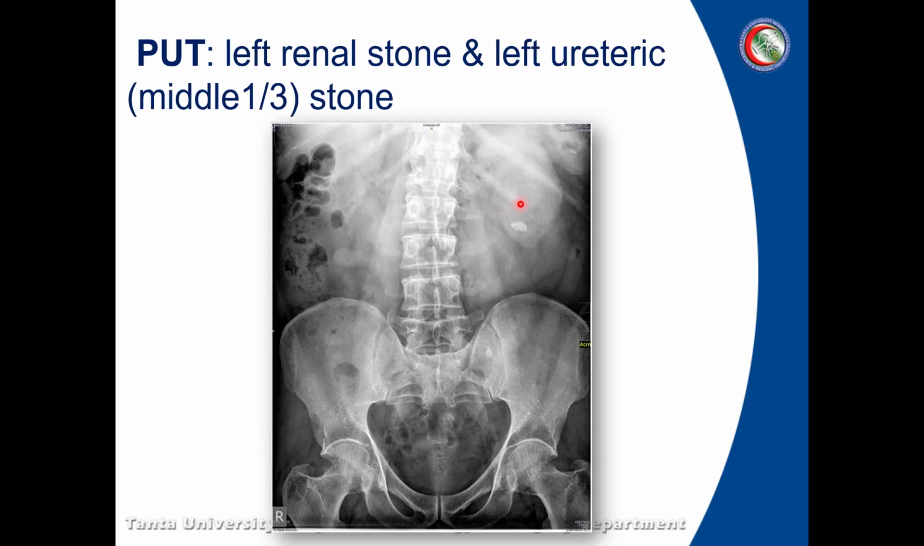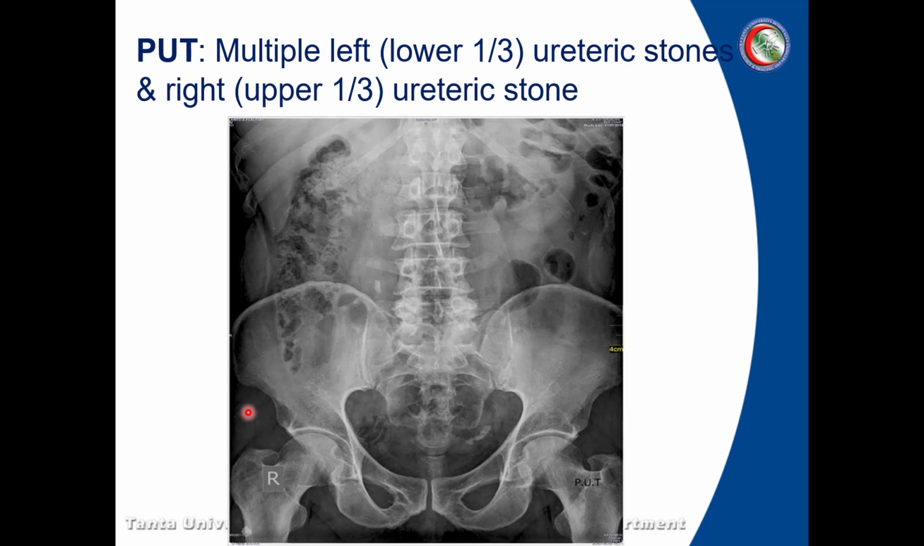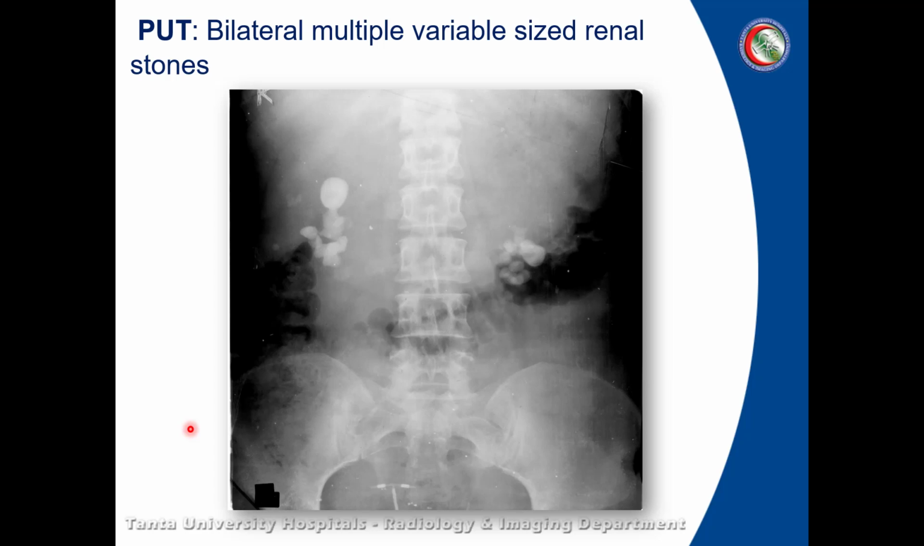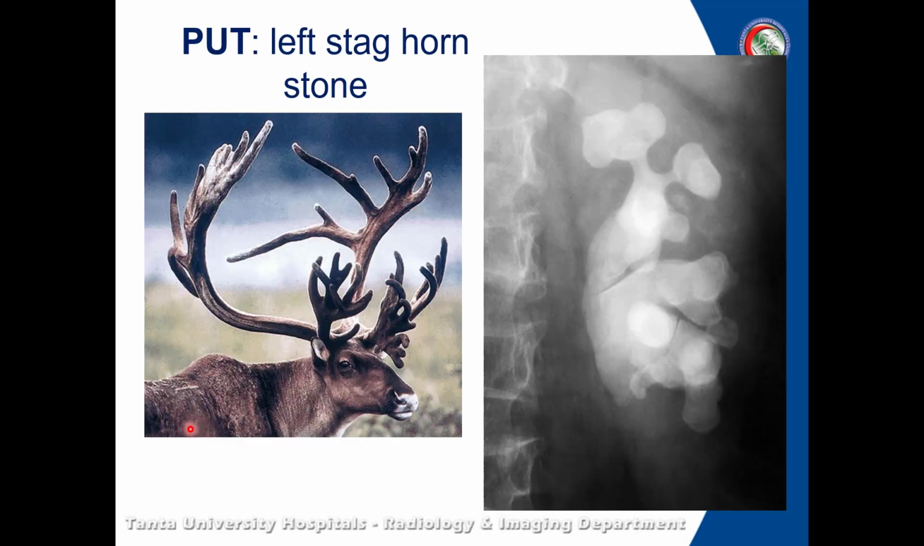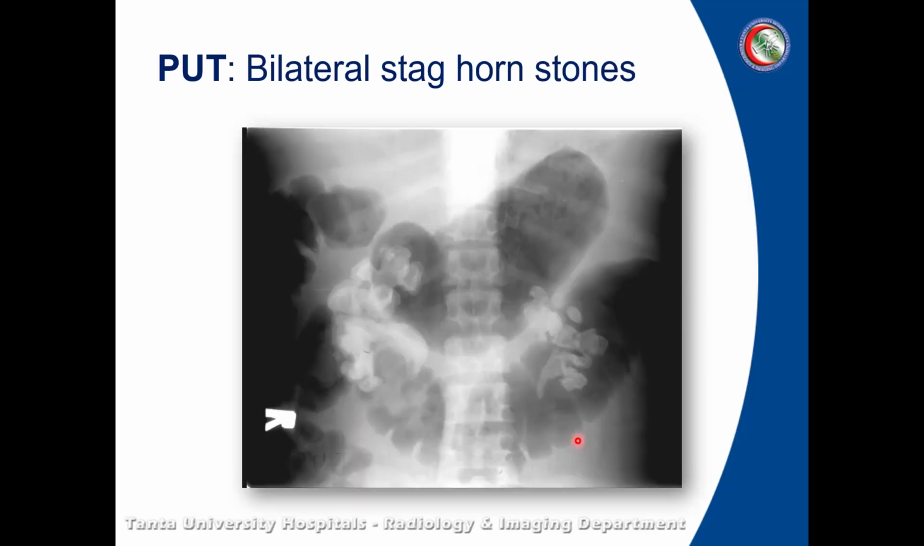PUT showing left renal stone and left middle third ureteric stone. PUT showing right middle upper third ureteric stone and multiple left lower ureteric stones. PUT showing multiple bilateral variable sized renal stones, multiple calcified mesenteric lymph nodes, PUT showing left staghorn stone, PUT bilateral staghorn stones,